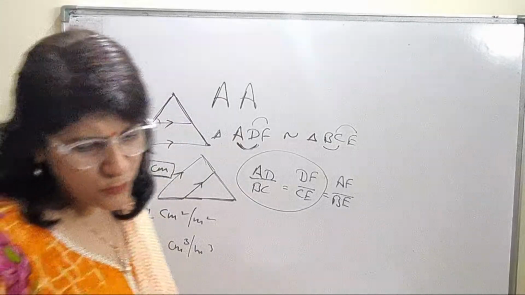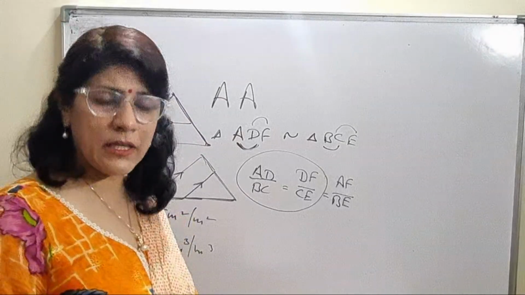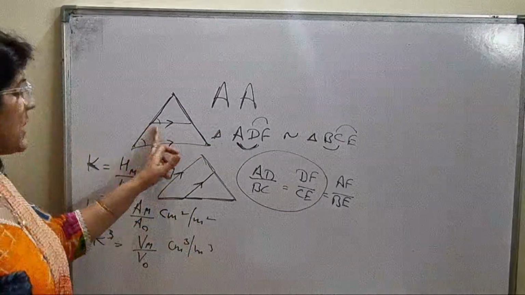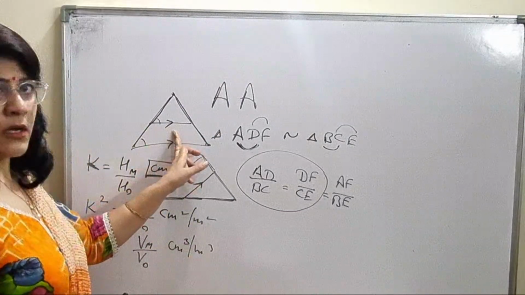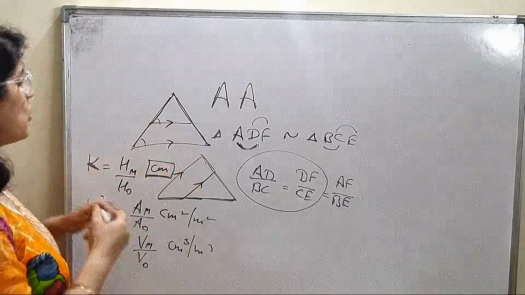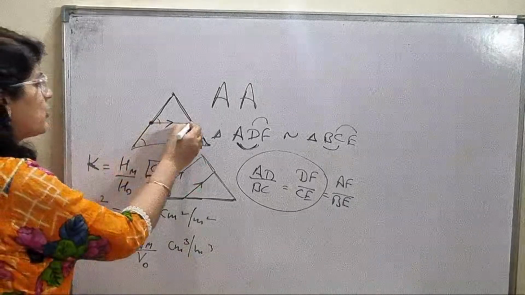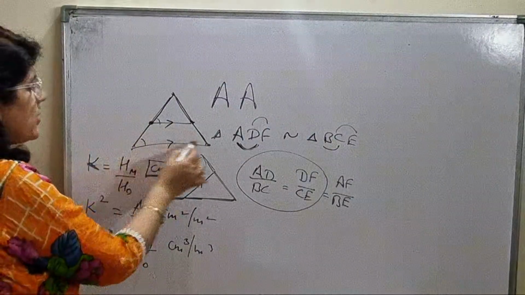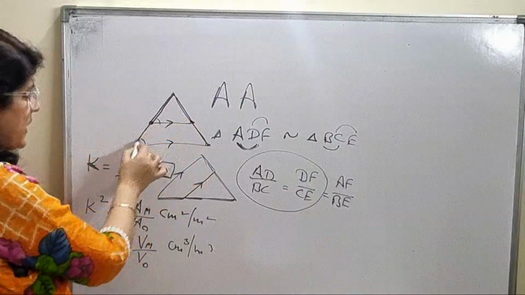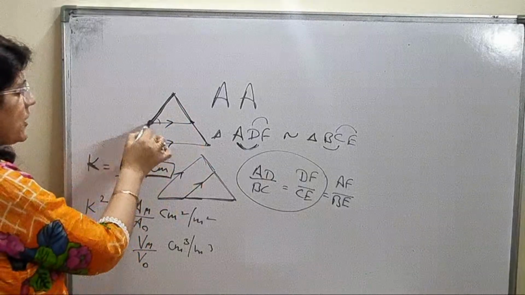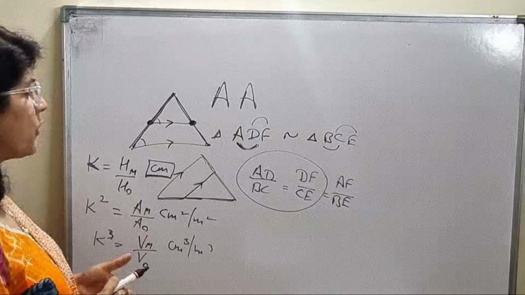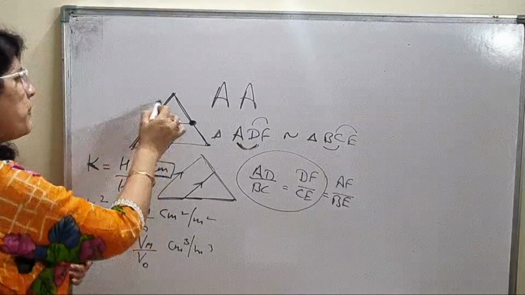बीपीटी थ्योरम का प्रूफ तो हमारे सिलेबस में नहीं आते, प्रूफ नहीं आते थ्योरम के, लेकिन आपको समझ तो आना चाहिए कि बीपीटी क्या कहती है। If a side is parallel to the third, if a line joining the middle points of two sides of the triangle, or you can say any proportional sides, and is parallel to the third side, then this side अगर एक का पॉइंट ले रही है जो हमने मिड पॉइंट लिया है, तो इसका भी मिड पॉइंट ही होगा, दैट इज व्हाई इट्स नेम इज मिड पॉइंट। और बेसिक प्रोपोर्शनलिटी थ्योरम इज प्रोपोर्शन में है।